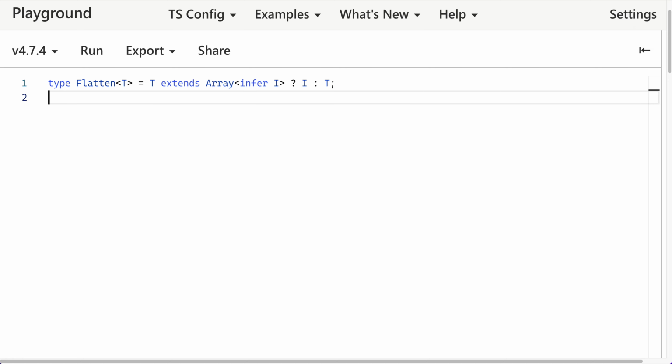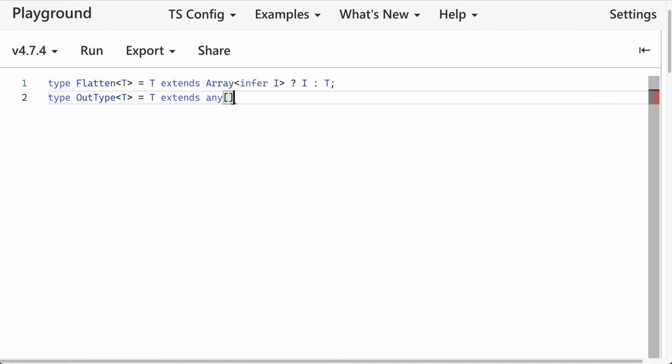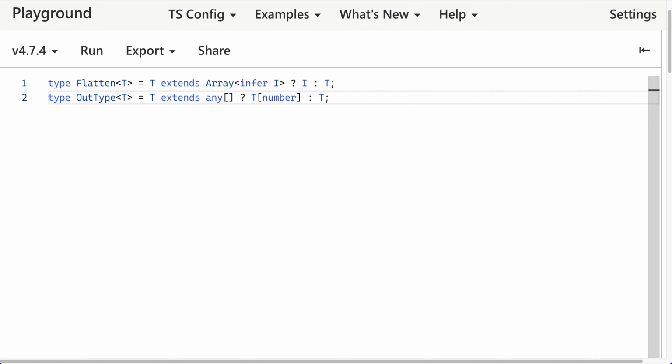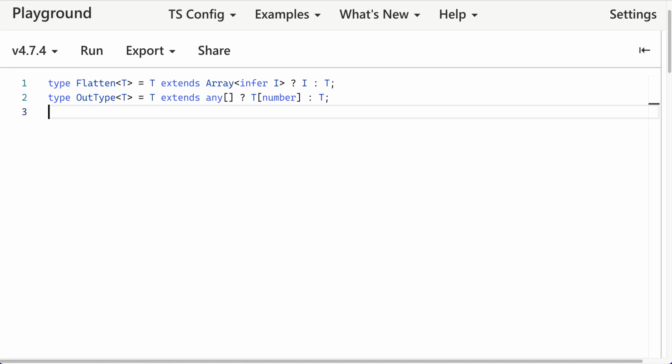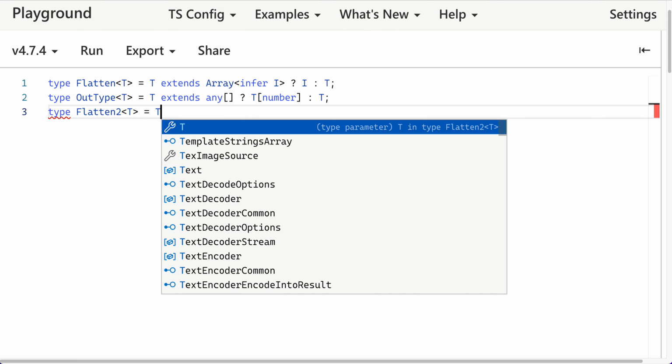When I did the type out type of type t is equal t extends any, then we do t of number, otherwise we return t. This is exactly the same. Basically, the meaning of these two expressions is exactly the same. And in fact, we can actually think of it in the exact same way. Another way to type this one, type flatten to, t is t extends